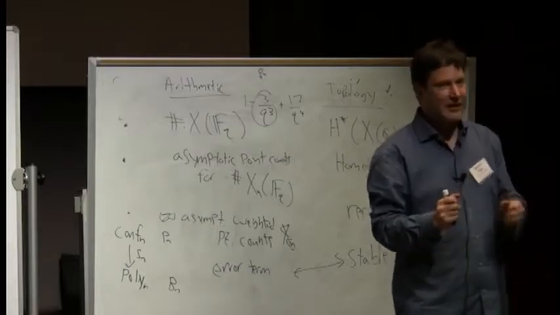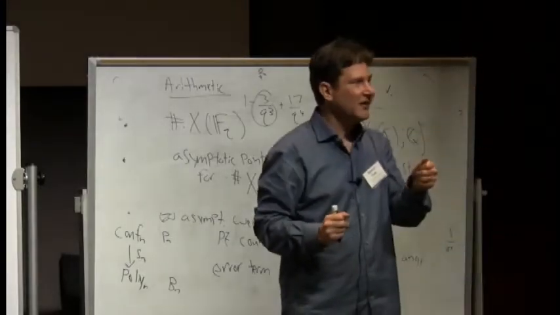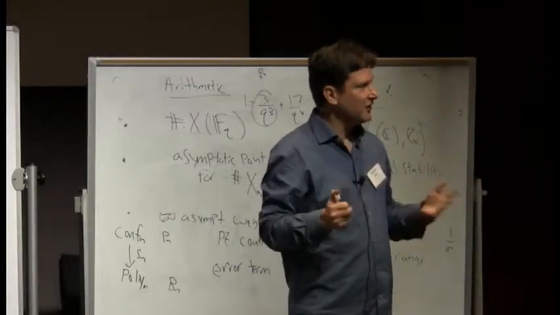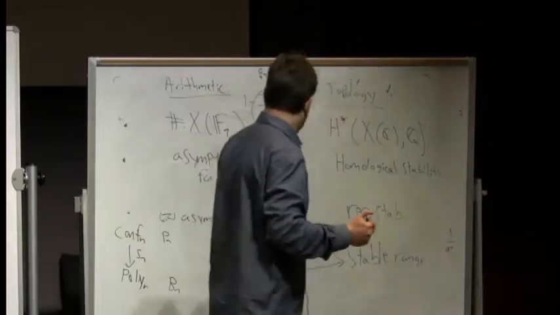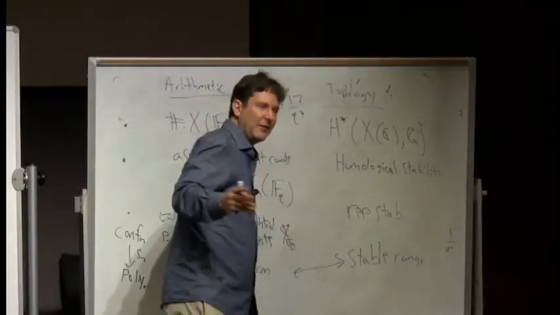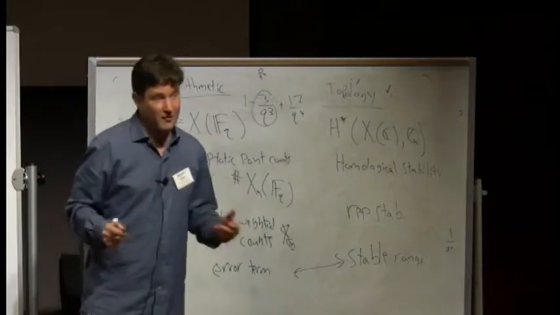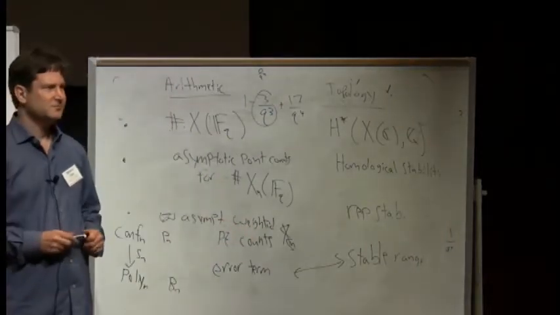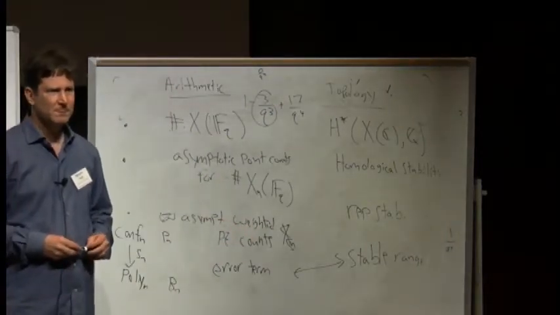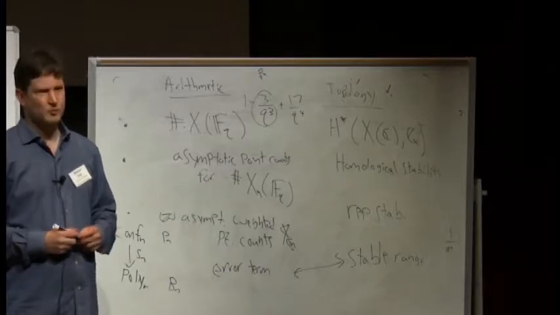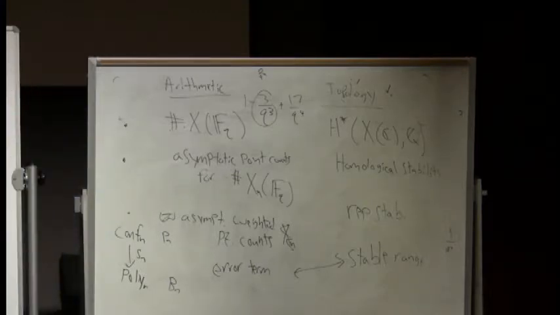It's finite, but the actual number of the stable range, people are always trying to improve it. Are there other applications? I got excited by this just because here's an application outside of topology of stable range. So you only use rational information on the topology side. There's also interesting topology as well.